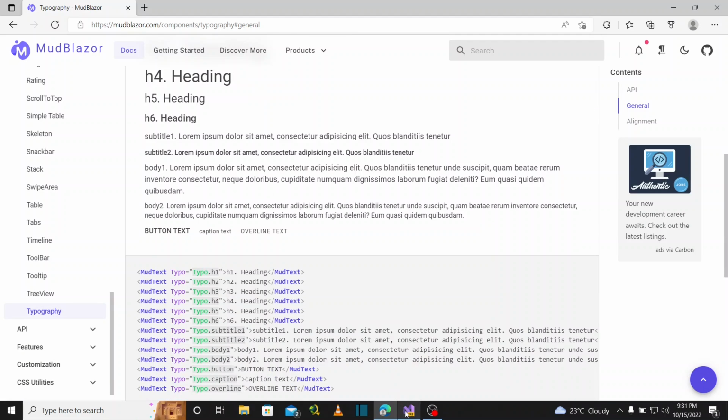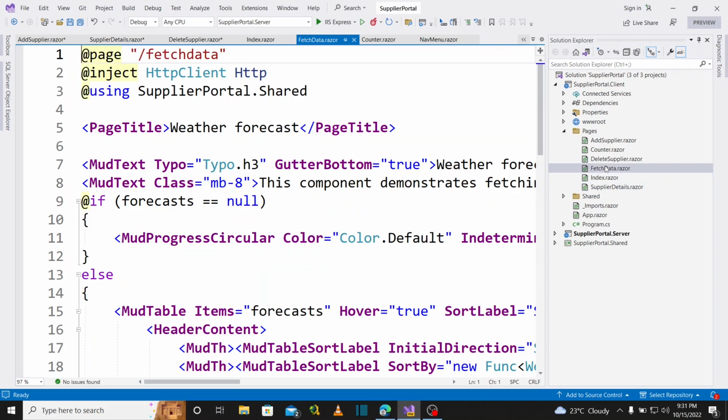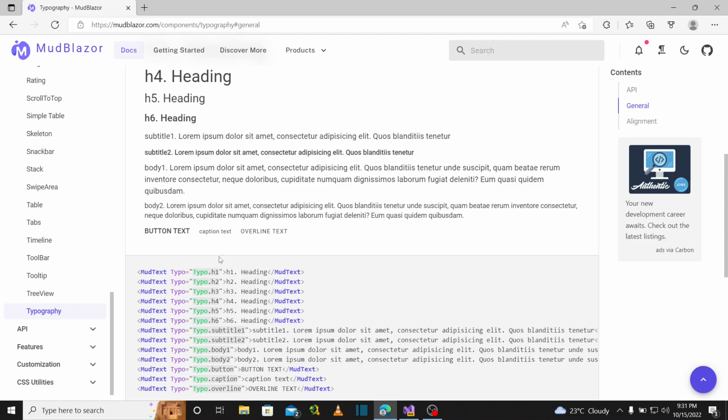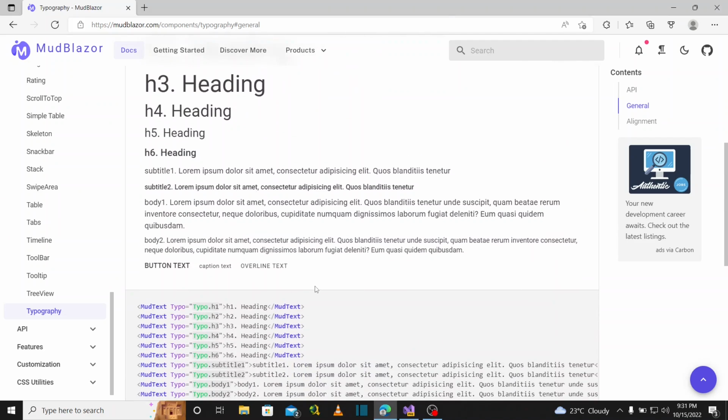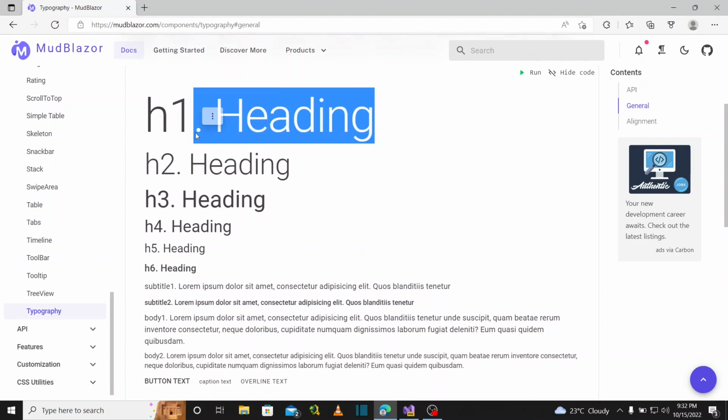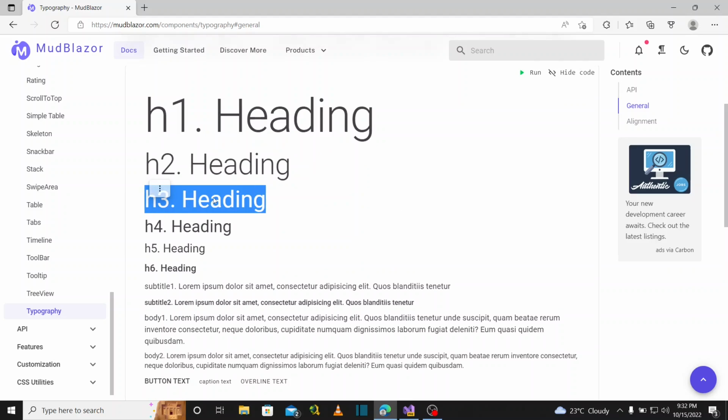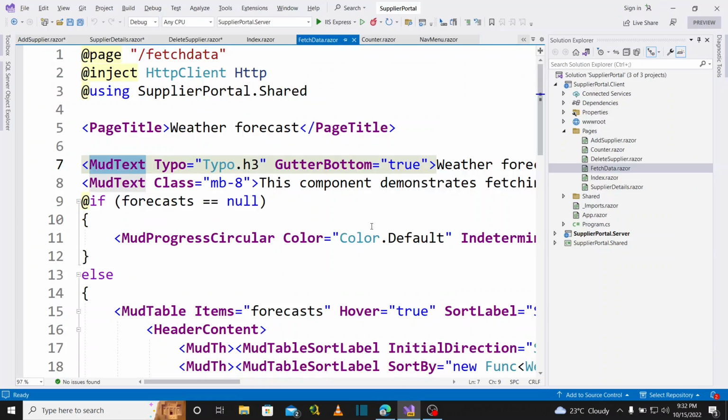And we'll see that if we go to the fetch data, which was their API, you will see that there's something called a mud text, right? And when you go to the typography, you see that this is mud text. So mud text, if you use H1, it gives you this. H2, it gives you this. H3, it gives you that. So we want to have a heading called